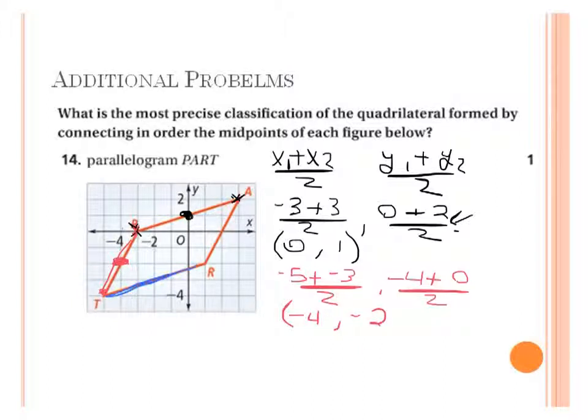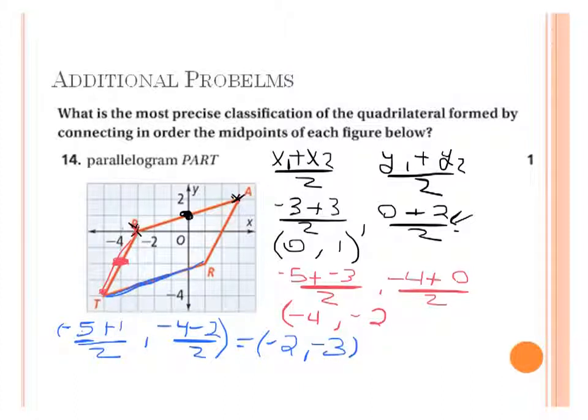Next one is right here. So I'm going to do my x1, which is negative 5, plus my x2, which is 1, over 2, and then my y is negative 4 and my y here is negative 2, over 2. So here I've got negative 5 plus 1 is negative 4, negative 4 over 2 is negative 2. Negative 4 and negative 2 is negative 6, over 2 is negative 3. I've got negative 2, negative 3. Here's my midpoint, and then finally